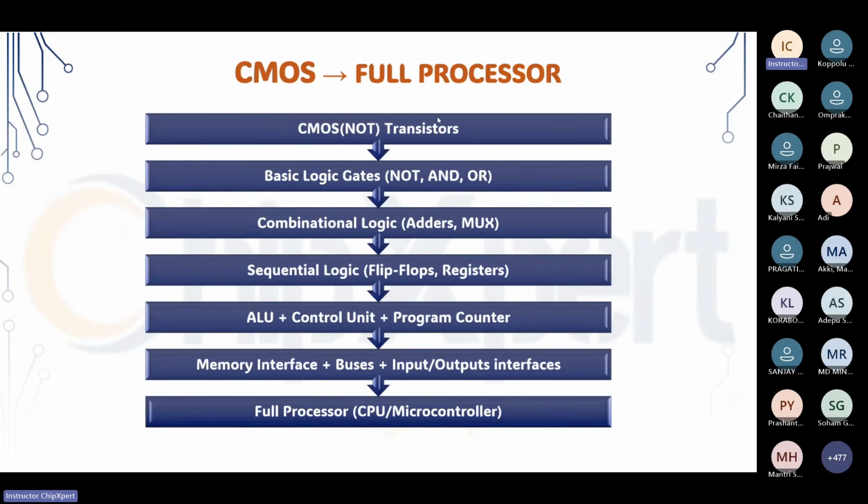CMOS transistors physically have different layers, called P substrate or N substrate, and insulators. All these things combined form a transistor. Now you can assume 1 billion transistors are required in your mobile to run all your operations. Now assume how many logic gates are required, and how much design work is required.